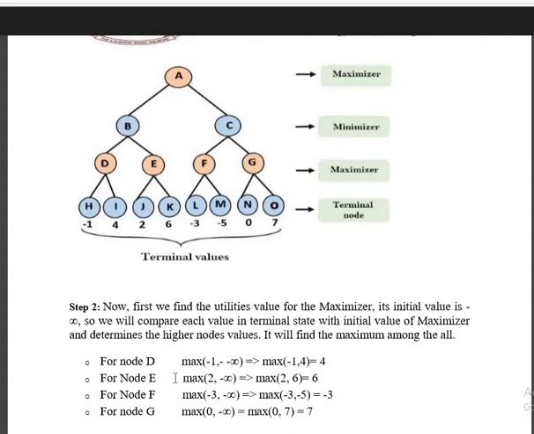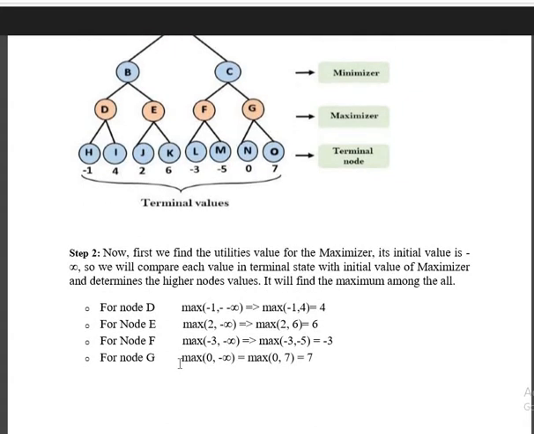So for the node D, we have written the maximum value 4, with minus infinity as the other. Further with node E, after reaching B, the player can choose either path: travel down using D, or move using E. If it travels to E and then moves to J, it has the value 2, and that is minus infinity. In comparison of 2 and 6, the maximum utility value is 6.